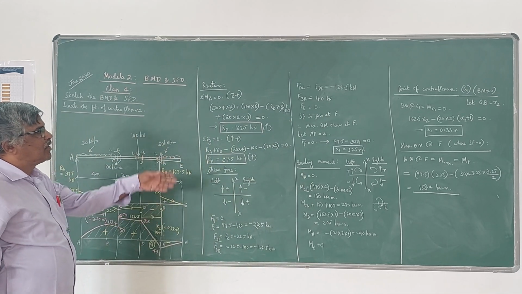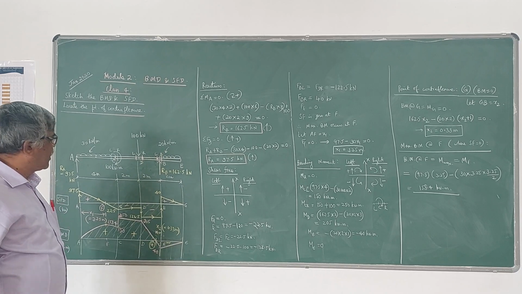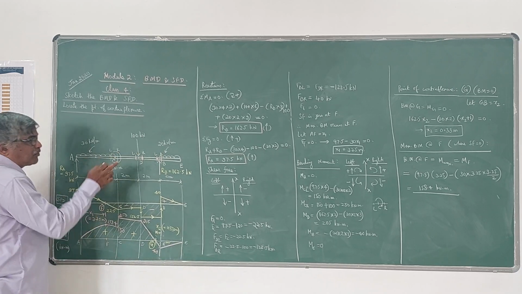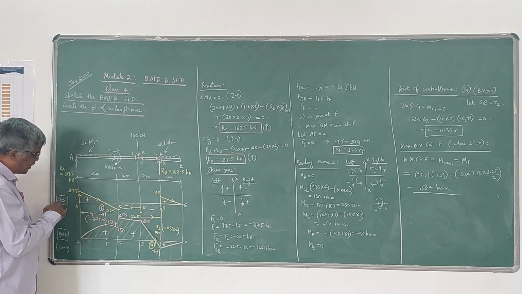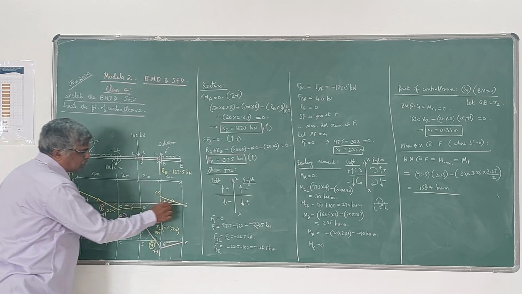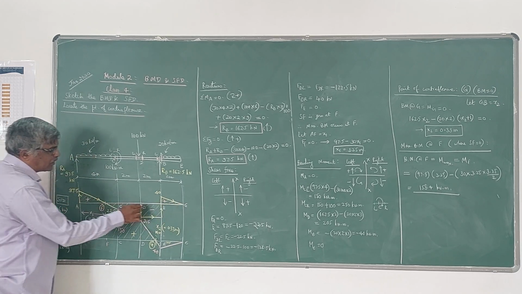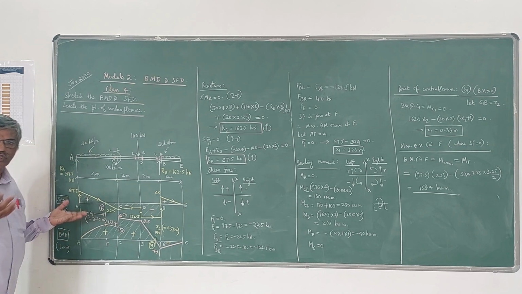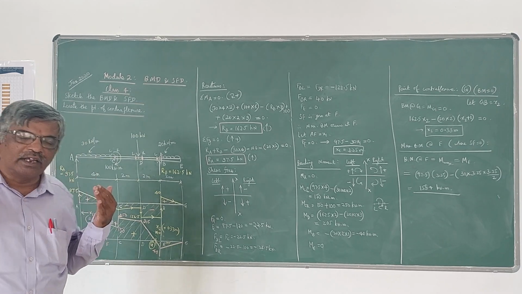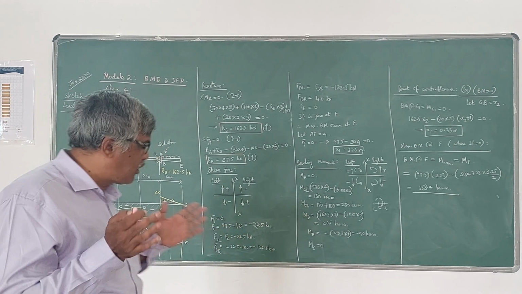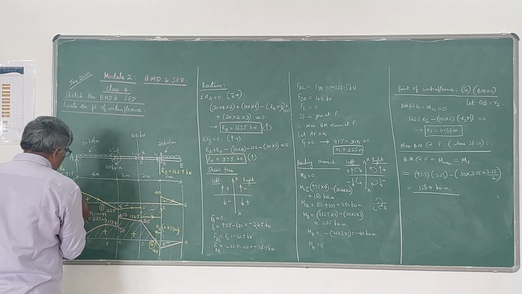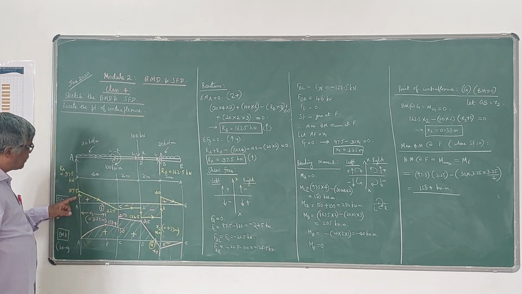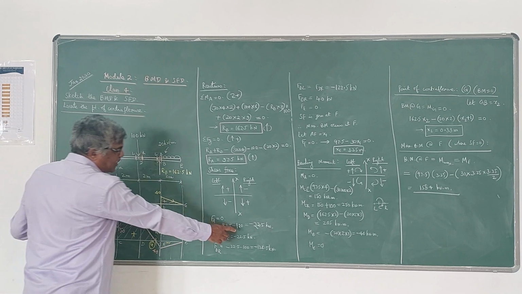At all other points, you have shear force values. Now you can plot those shear force values in the shear force diagram. So this is the shear force diagram. Draw a horizontal line and mark the points. If the value is positive, you have to plot above the line. If the value is negative, you have to plot below the line. I will take them one by one. So at point A, shear force is 97.5. You can see here.